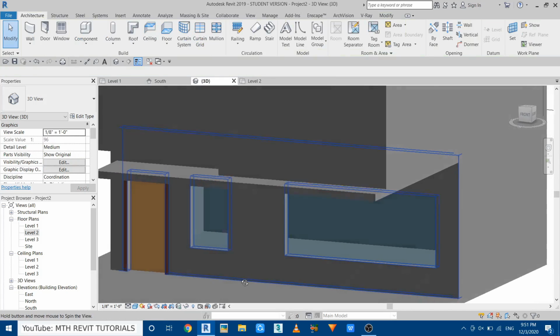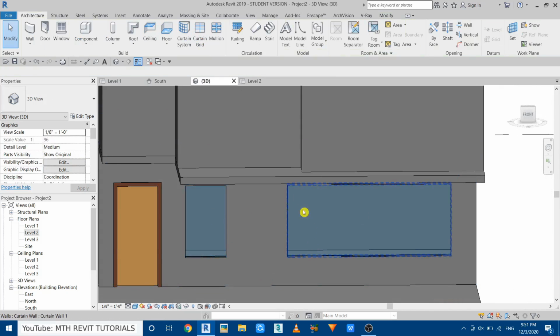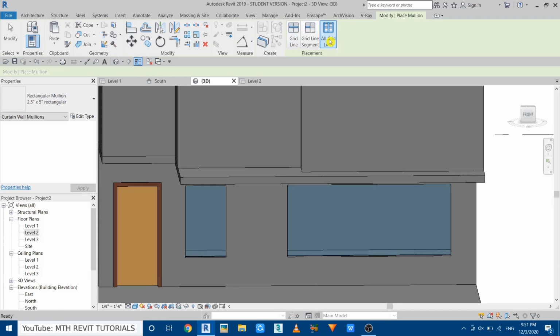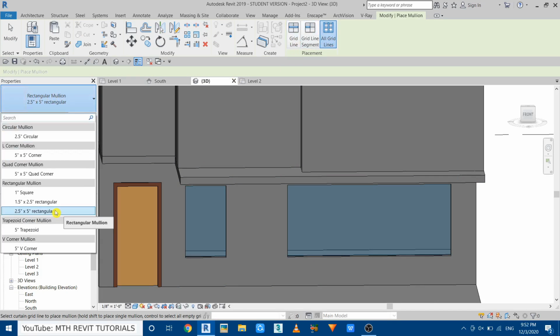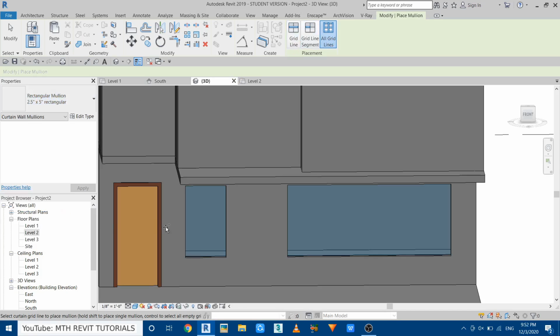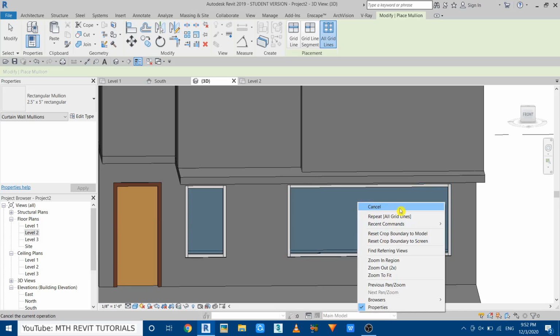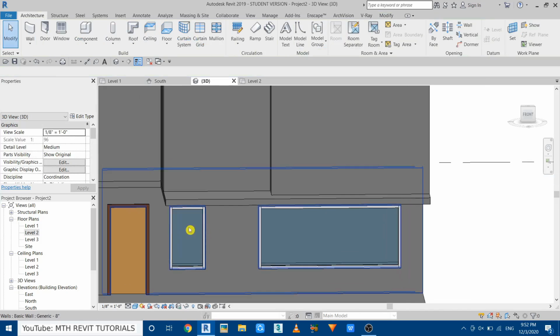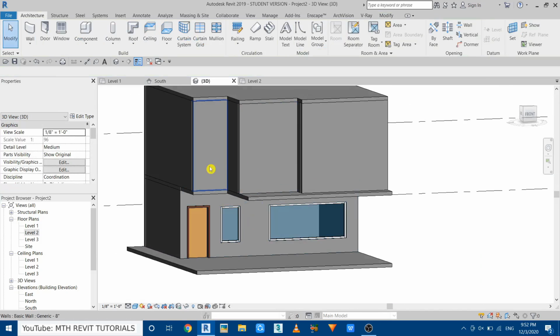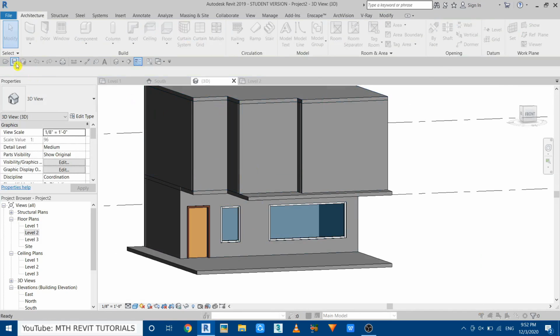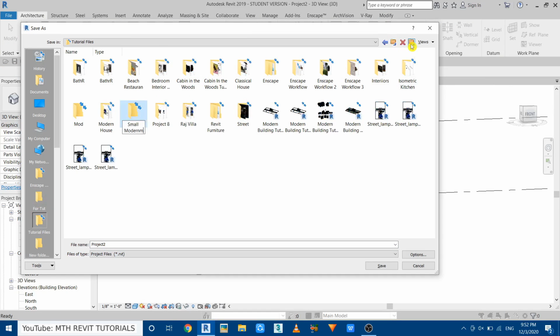Perfect. Now let's add the mullions to these curtain walls. So select mullion, all grid lines, and then this 2.5 inch by 5 inches is okay. So let's select that and just click on this curtain wall as well as here. Now let's create the curtain walls on the level 2, but before that I will just quickly save this project